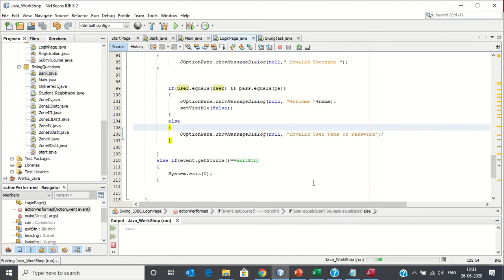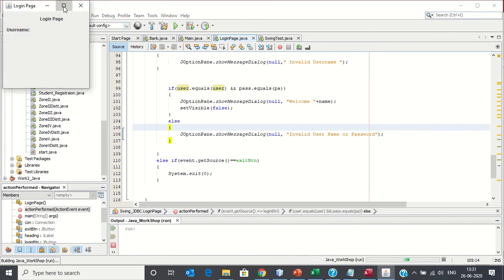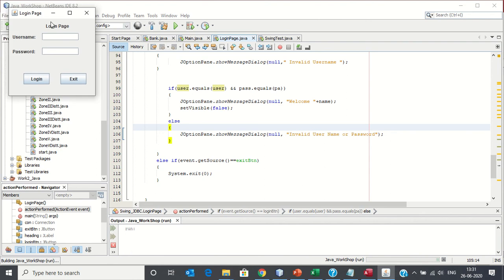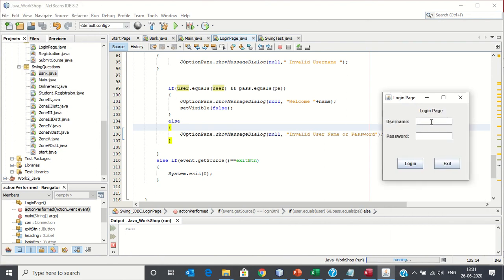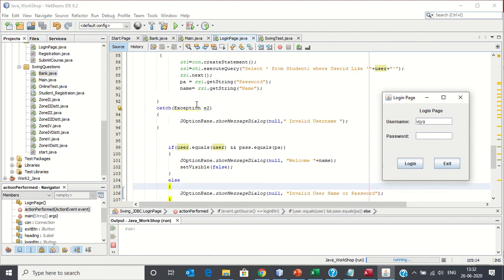Now see. First I'm providing an incorrect username, like the username Vijay. This is the username, and I'm clicking on the login button. It will throw an exception because the username will not be found in the database, so it will show an invalid username.